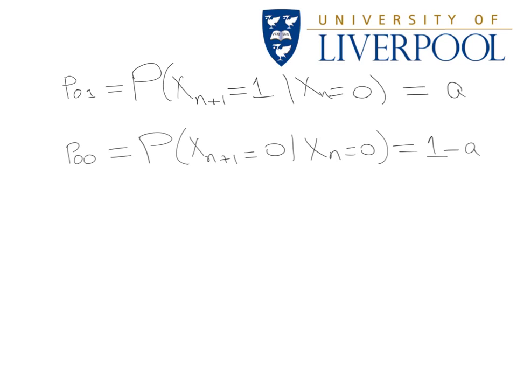These small p's are the entries of the transition matrix. So we have got a transition matrix. We know that there are two states and it has to be a square matrix. So we have p_00, p_01, p_10, p_11, and so far we know that p_00 is 1 minus A and p_01 is A, so we can write down the transition matrix as